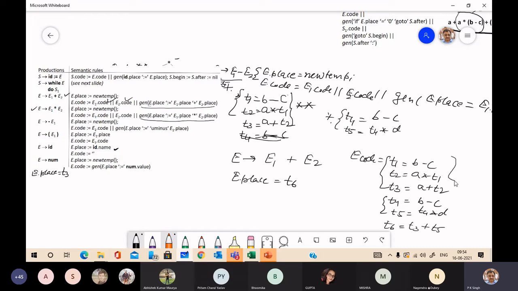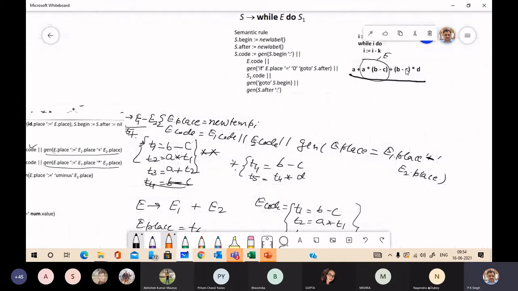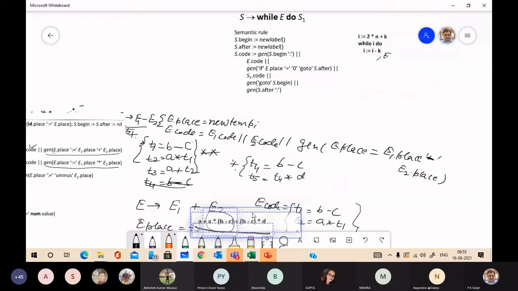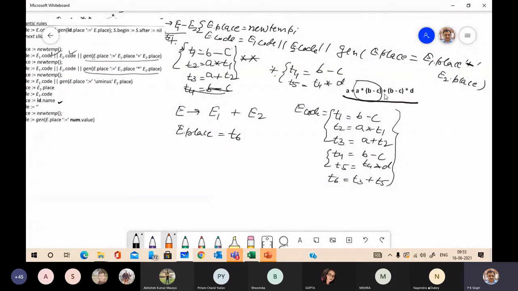So this is the three address code for this expression. For this expression, we have this three address code.